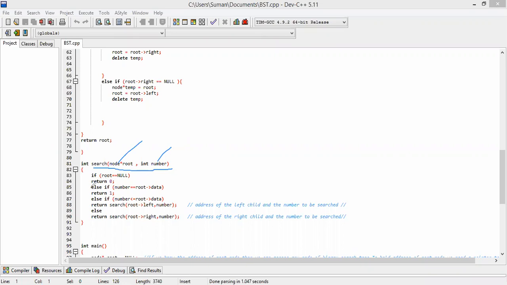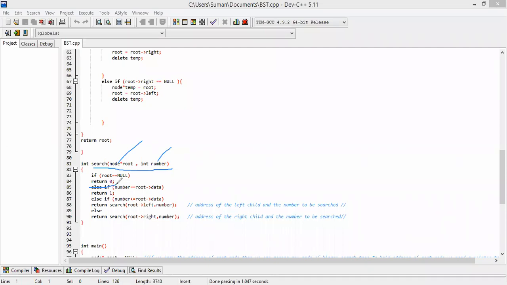Then it will return 0, because there is no binary search tree present. That's why it is null, so we will return 0.